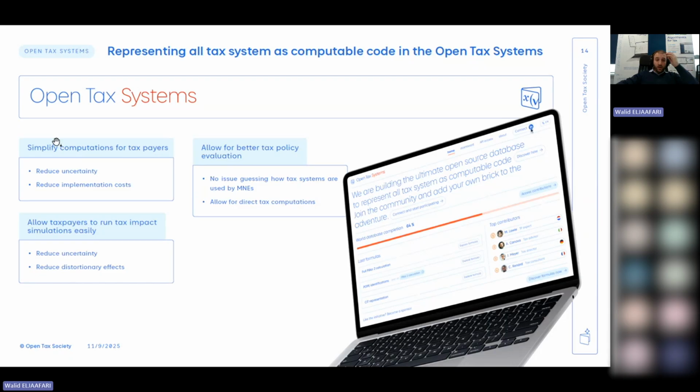So the first objective of the open tax systems is, again, to have ready mathematical functions and algorithms to represent tax systems to make them computable. Why is it interesting to have that? Well, first, to simplify the computations in,